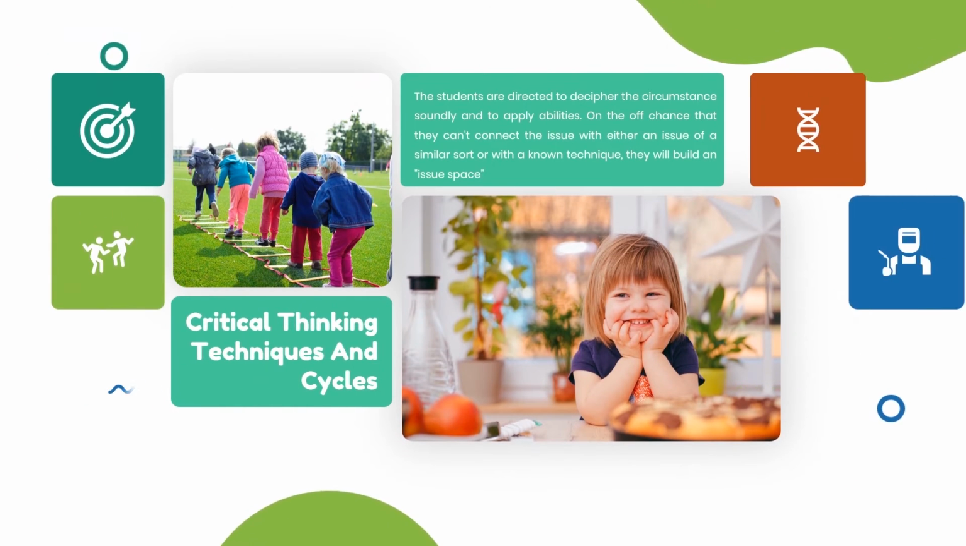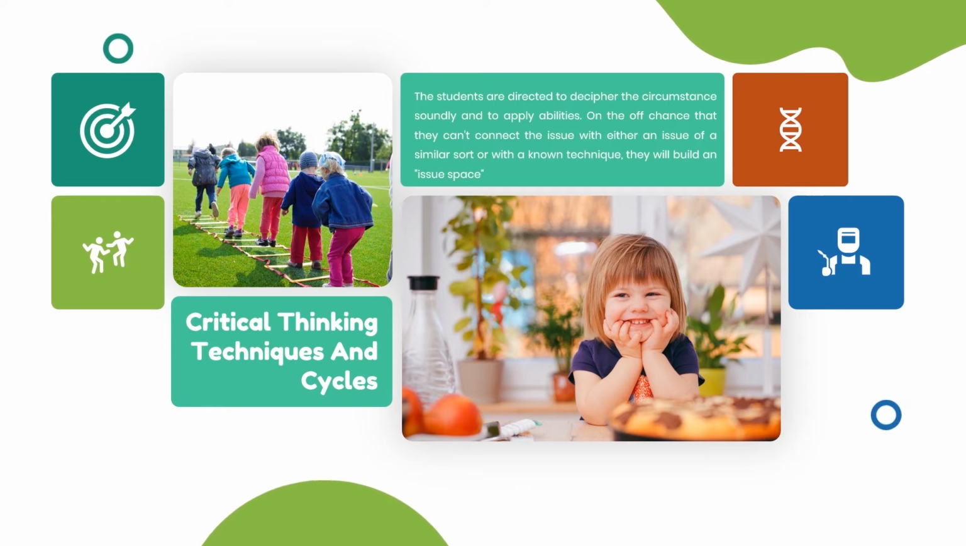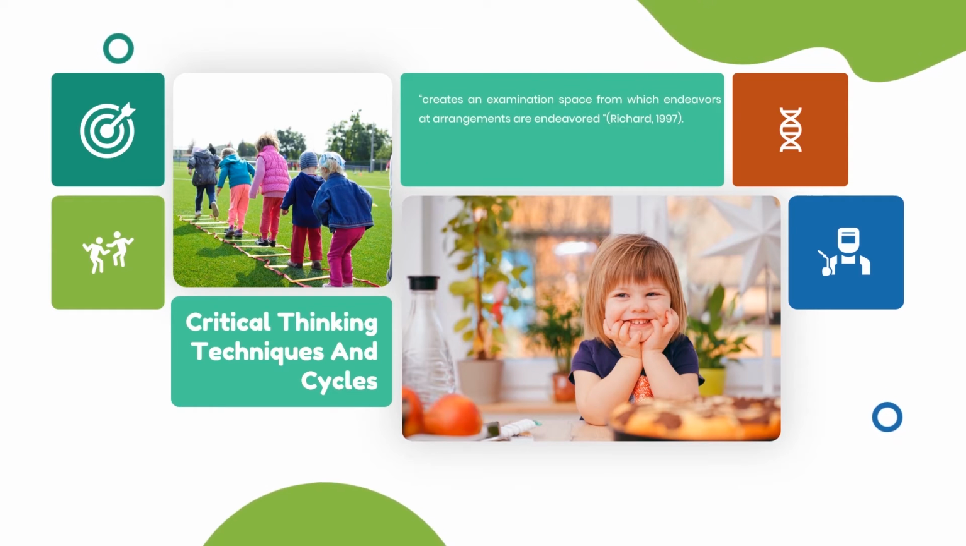Critical thinking techniques and cycles. Taking care of an issue in this manner comprises in summoning, or conjuring, activities and systems related with the issue circumstance. The students are directed to decipher the circumstance soundly and to apply abilities. On the off chance that they can't connect the issue with either an issue of a similar sort or with a known technique, they will build an issue space, which creates an examination space from which endeavors at arrangements are